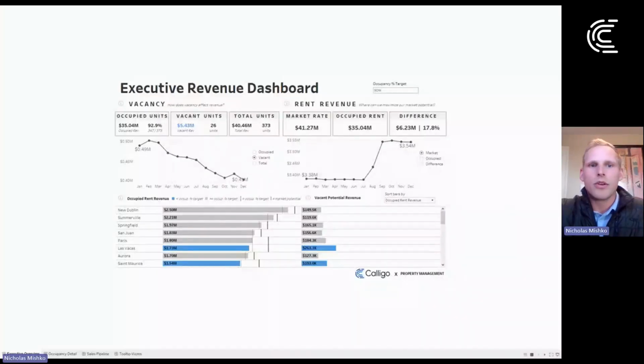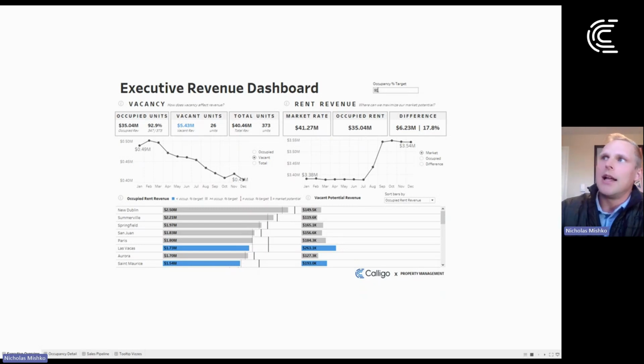So for those of you that are wondering, this dashboard has been developed using Tableau, and it's meant to serve as a general overview for an executive audience, hence the name. And it's specifically targeting people who care about all up company and community performance. So we're supplying these leaders with all sorts of metrics, but specifically we are looking at vacancy and the opportunity cost associated with vacancy. And the first thing that I want to draw your attention to is this occupancy percentage